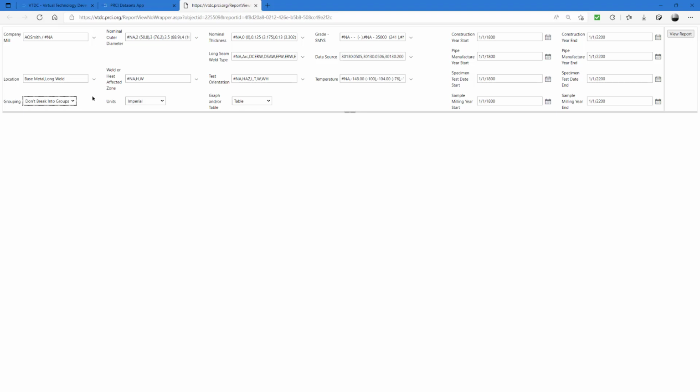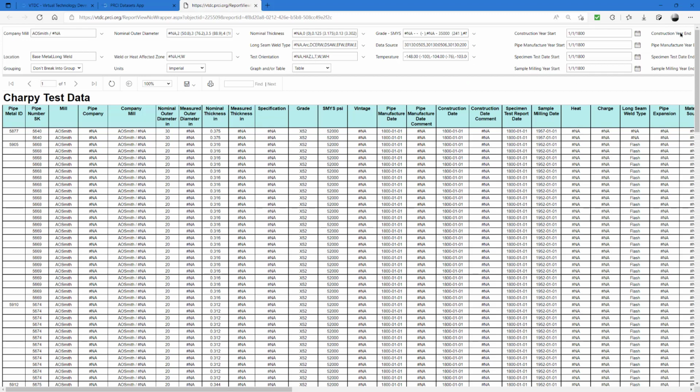Smith mill. The final thing we'll do is, because we want Sharpie data and we're not interested in some calculated results, we're going to ensure that there was a temperature at which the Sharpie tests were taken. This will filter out any of the test data that's in the database without a temperature. If we click the View Report button, it will then go to the database and present the information for the